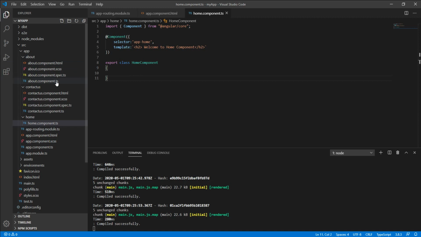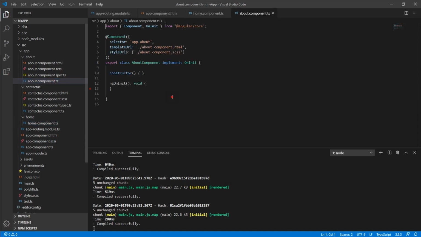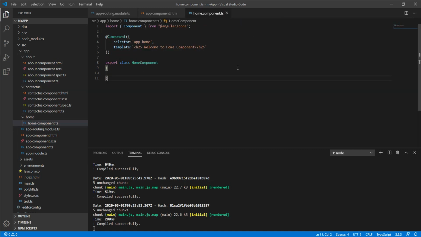But when we use the ng syntax, it will create spec files, CSS, HTML along with the component TS file. So that is another way, and we can learn more about this in future.